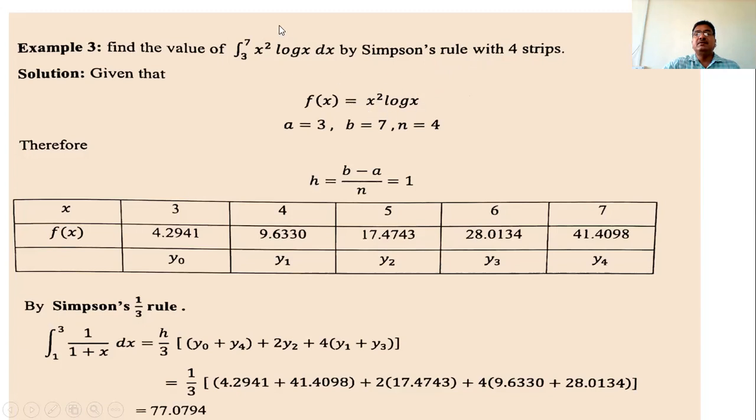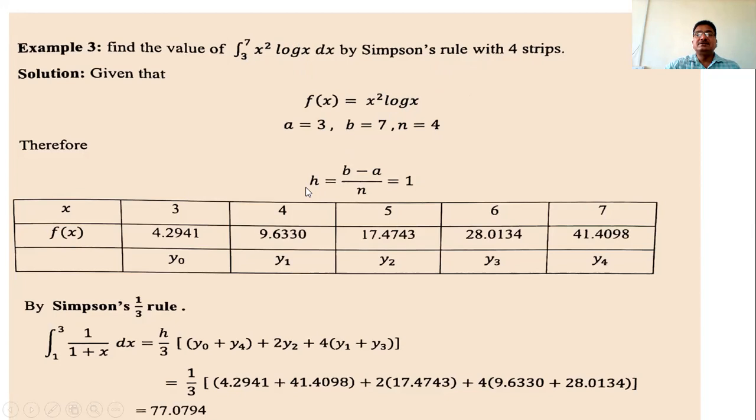And the given function is what? x square log x. So here log x means log x with base e. If the base is not mentioned, then the base is e. So this is log x with base e, and this is the function f(x), x square into log x, and a is 3, b is 7, that is lower limit, upper limit, and the number of sub-intervals is 4, and